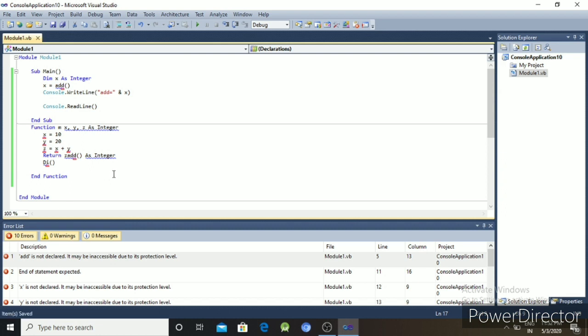And next I will discuss the function with argument.